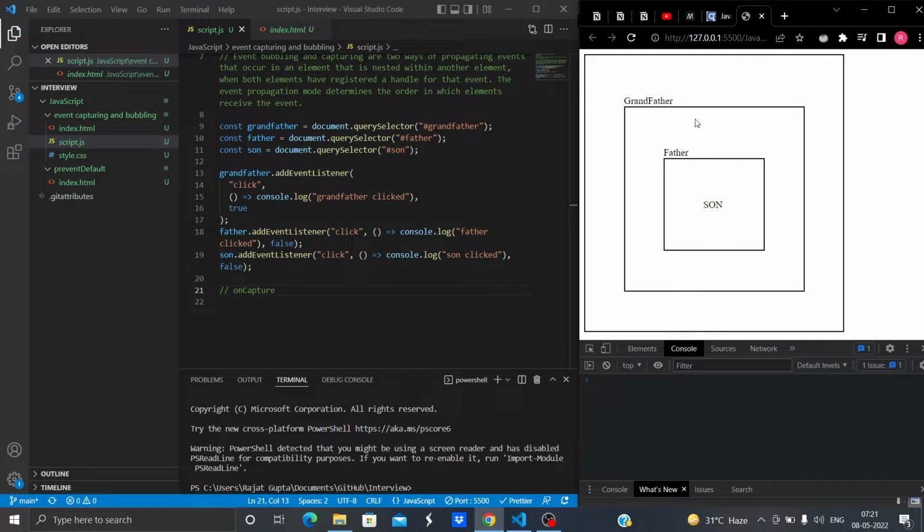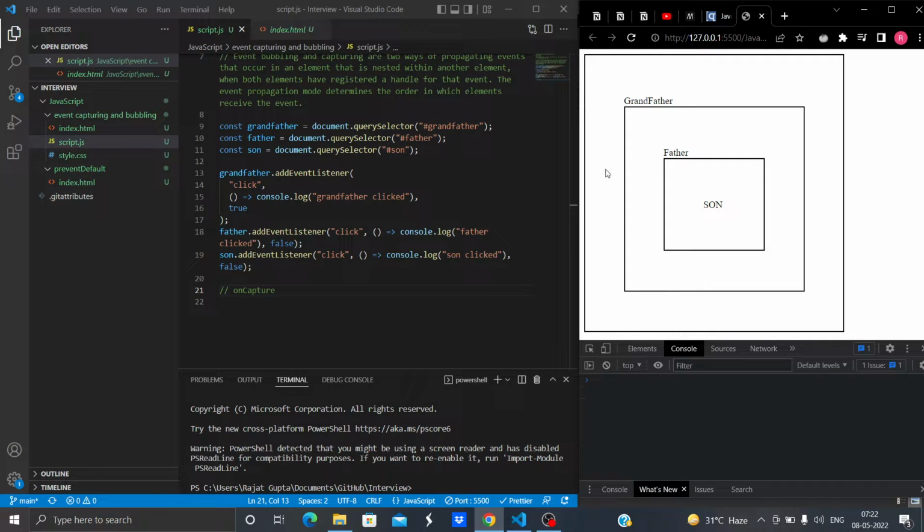In the second phase bubbling will start, grandfather is already printed. For father, on capture is false, so it was not captured in the previous phase, the capturing phase. So let's print it now, let's execute this event now. So father will be executed, and then we'll come to grandfather and it will see that it was executed in the capturing phase itself, and its attribute on capture is also true, so no need to execute grandfather again. So first grandfather click happens, then father click happens.